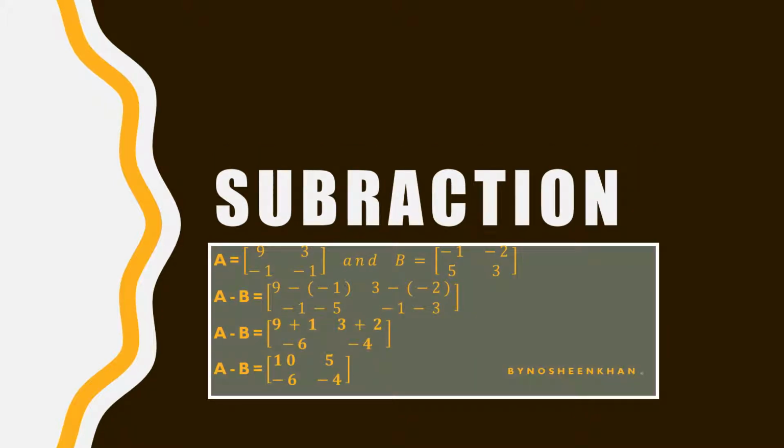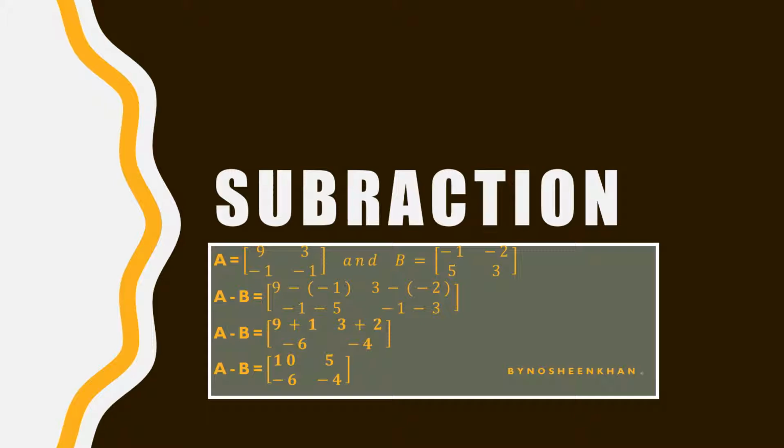Here I have another example of subtraction. I have the matrix A is equal to 9, 3, minus 1, minus 1, and the matrix B is minus 1, minus 2, 5, 3. Now following the method of subtraction, A minus B is equal to 9 minus minus 1, 3 minus minus 2, minus 1 minus 5, minus 1 minus 3. Now A minus B is equal to 9 plus 1. Minus